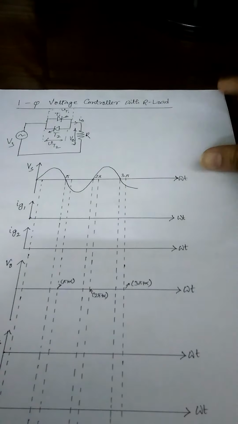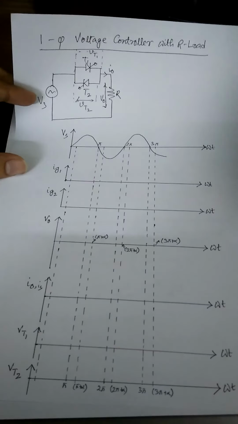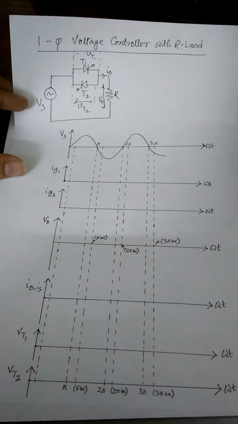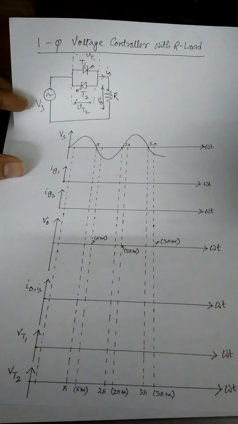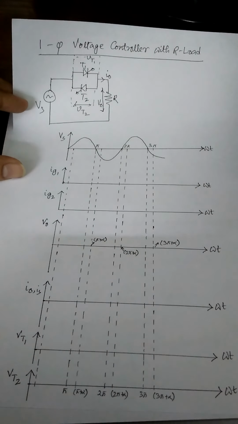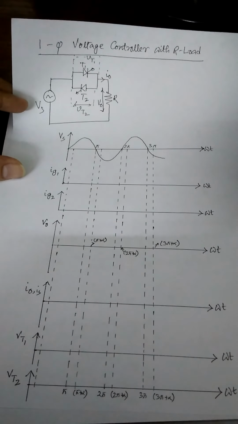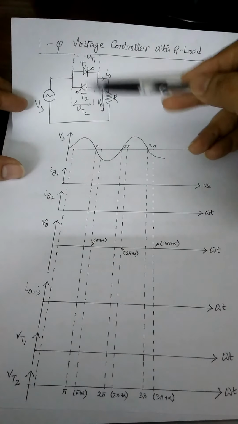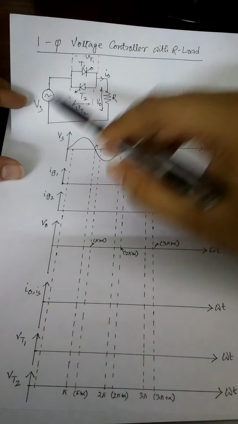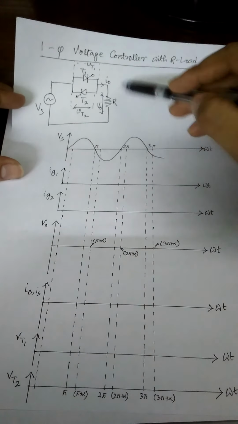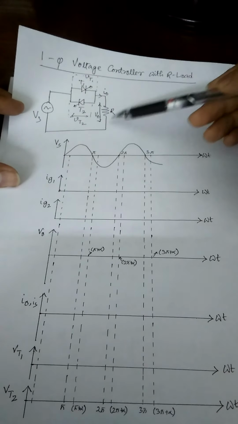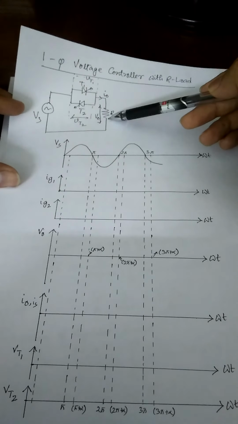See the circuit. This is the circuit, where the sinusoidal voltage Vs is applied. If we consider this single phase voltage controller, we can build the circuit in various configurations by using triacs or by using thyristors in antiparallel mode. So here is a basic circuit using thyristors in antiparallel mode with a resistive load. The supply voltage is applied in this part, these two thyristors T1 and T2 are connected here, and this is the resistive load R connected.